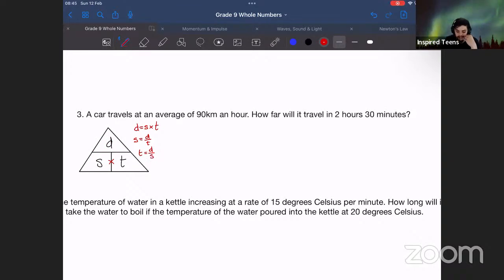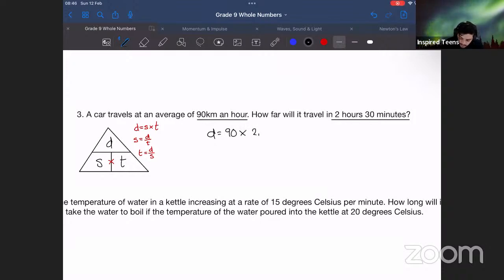So in this case, a car travels an average of 90 kilometers an hour. How far will it travel in 2 hours and 30 minutes? Again, we can use our distance is equal to speed times time formula. Speed is 90 kilometers per hour. We need to ensure that our units are the same. So 90 kilometers per hour, and this is hours as well, 2 hours, 30 minutes. So we can take our 90